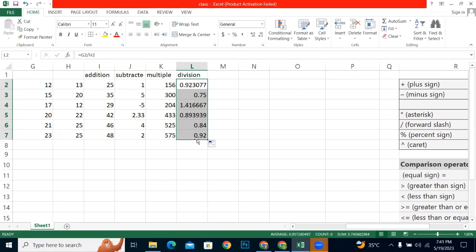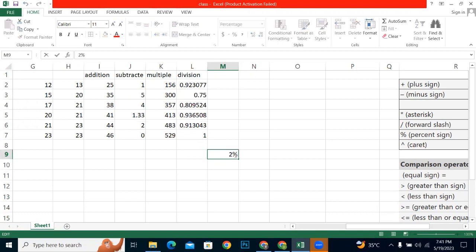So percent. Basically, if you want to add percent to anything, you have to treat it as a main. Like now, if I put 2 and I put percent to it, and enter, it's going to work because this is just like a text. So you have 2%. If I just type 2%, it's going to work. But if I put 2 and I come up here,